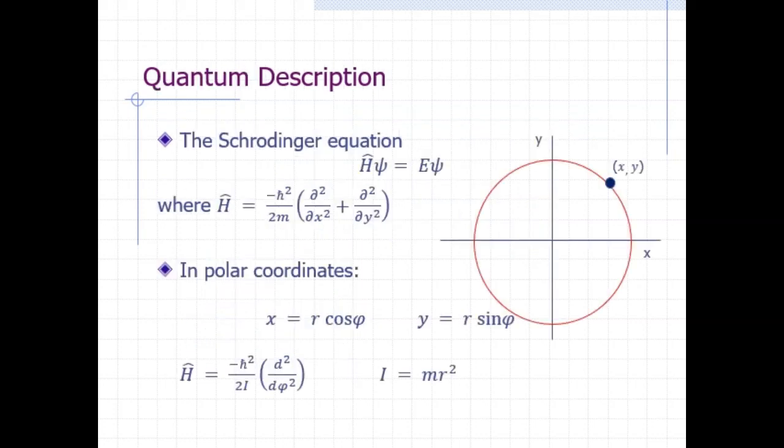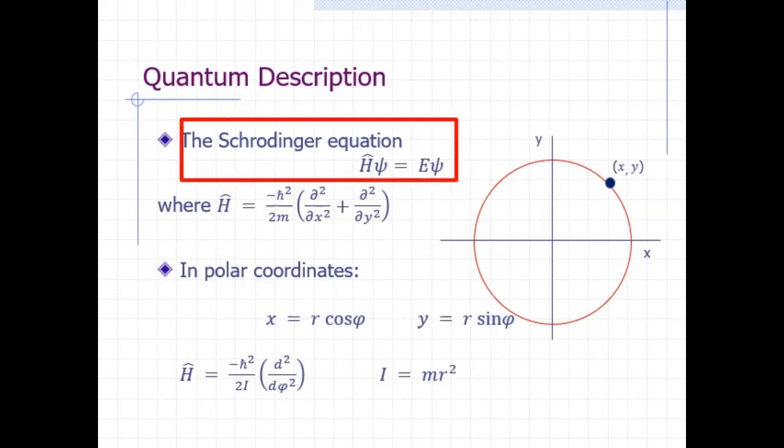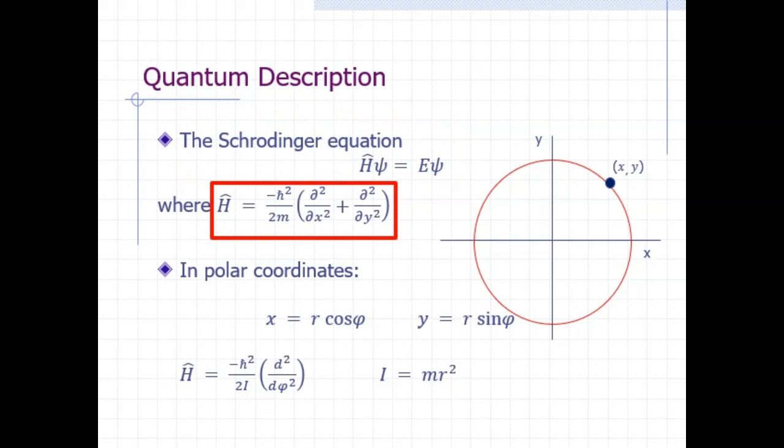Now, we're ready to look at how the particle on a ring is described in quantum mechanics. The time-independent Schrödinger equation is H hat psi equals E times psi. Here, H hat is the Hamiltonian operator. Lowercase psi is the spatial factor of a stationary state wave function, which depends only on the x and y coordinates of the particle if we choose our circle to be on the xy plane. And E is the energy corresponding to the stationary state. The Hamiltonian operator is just the sum of the kinetic energy operators for motion along the x and y axes if we choose the constant potential energy to be 0.